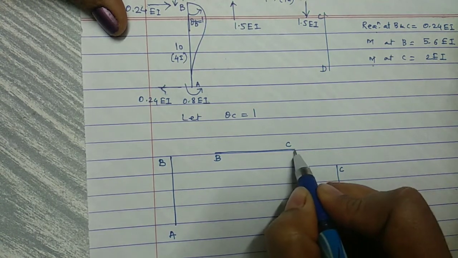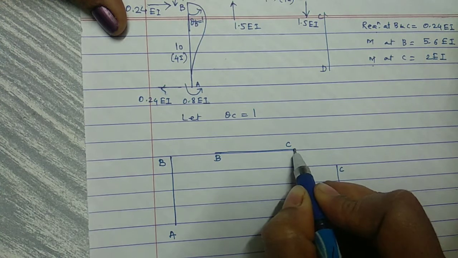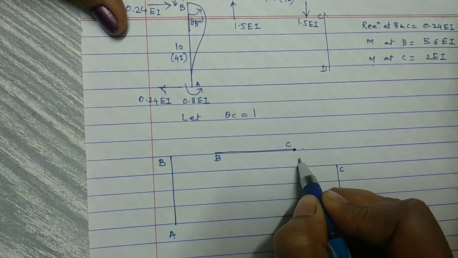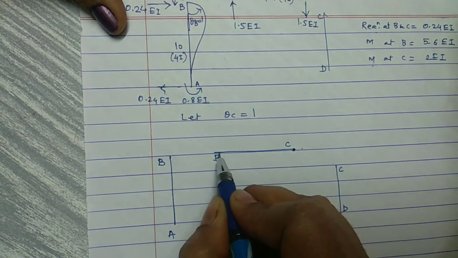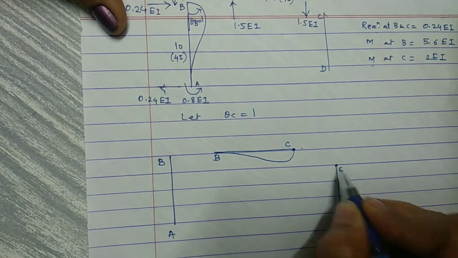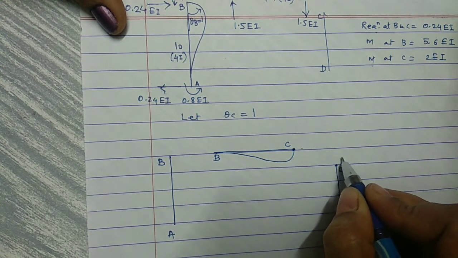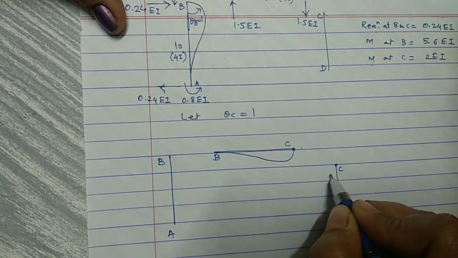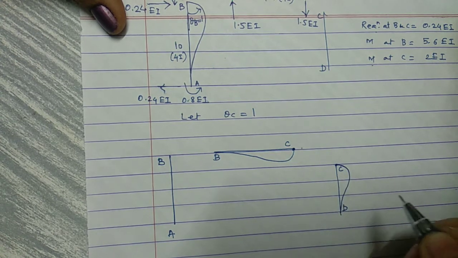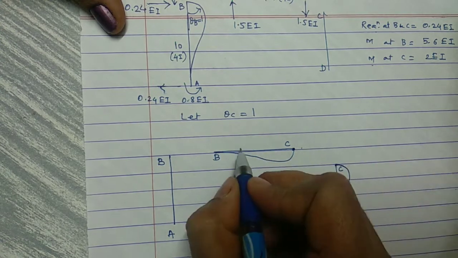Okay, so here we are giving the unit rotation at this B point. Rotate the joint in the anti-clockwise positive direction and see how it deflects. So this will deflect in this way. Similarly, for the column at C, giving unit rotation in the positive direction, this member will get bent in this direction. So calculate the stiffnesses here.